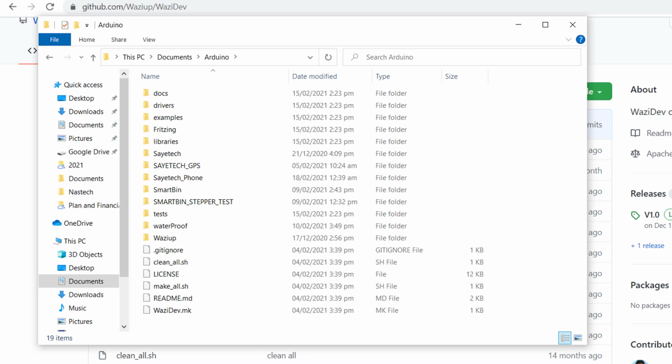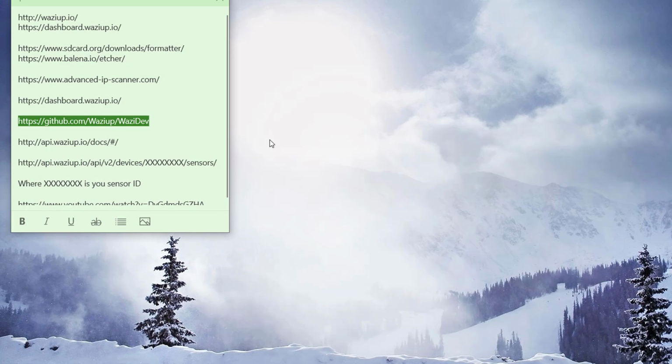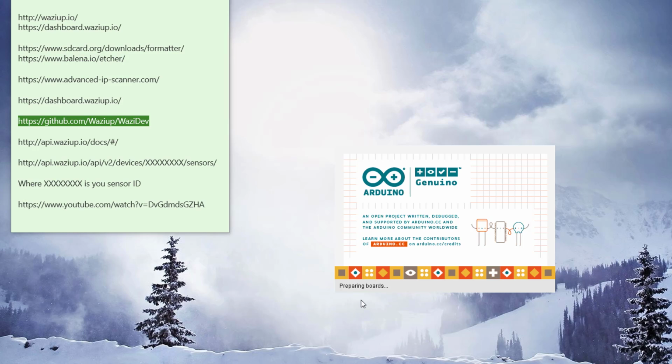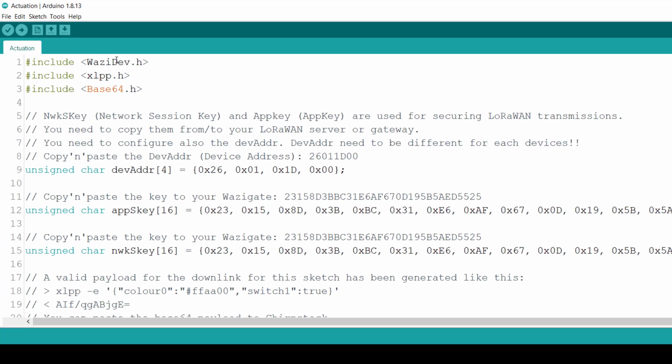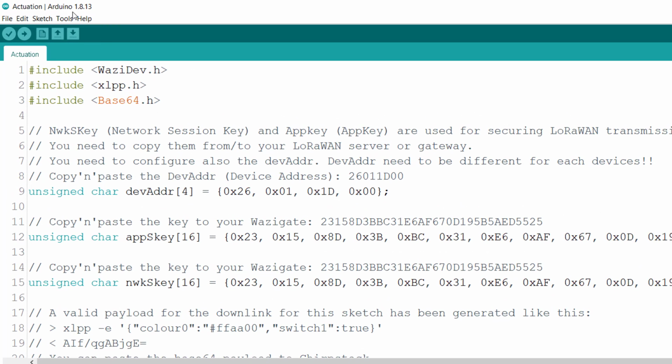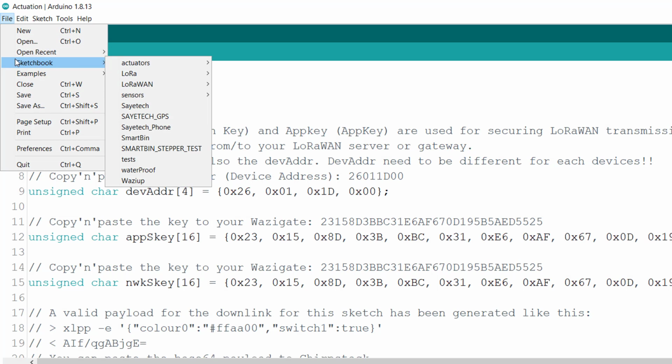So as you can see here, my Arduino IDE has not been opened so far. So you paste it, and then after pasting it, you can now open your Arduino IDE. So I'll just go ahead and open my Arduino IDE. When I open it, you realize that it's showing this already. Don't mind this. So when you open it, it will now load the files, but what you should focus on